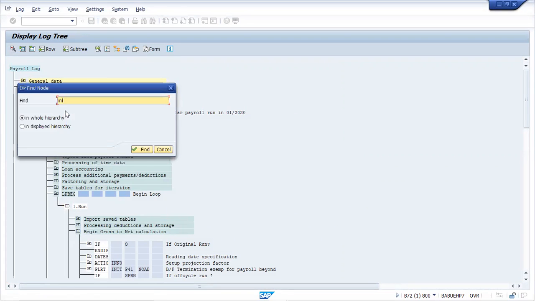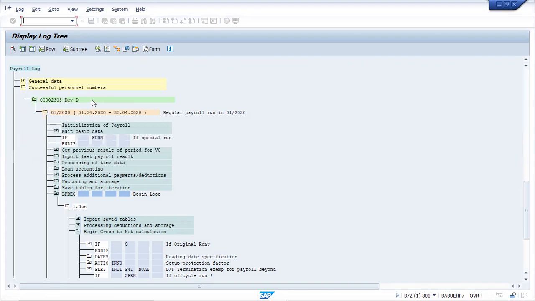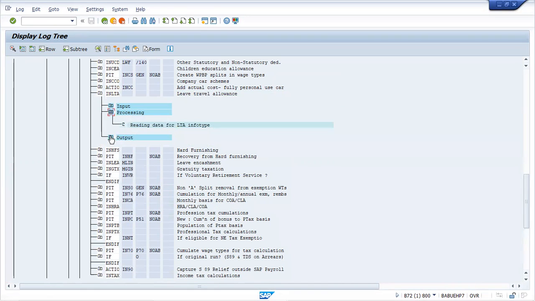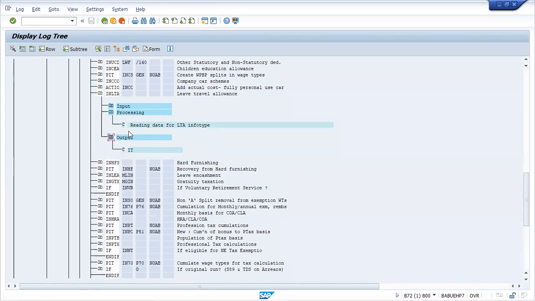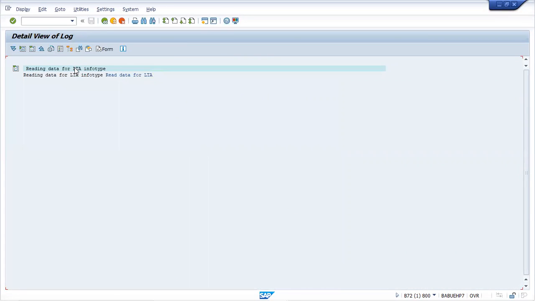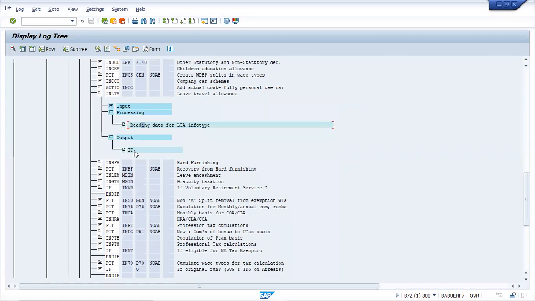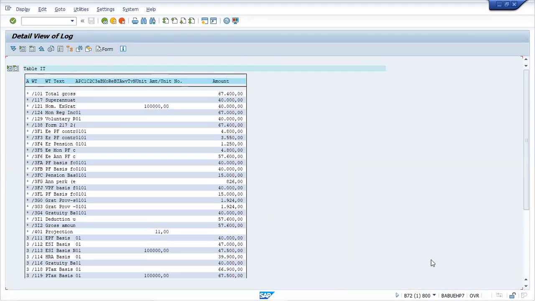And you search for INLTA. Exactly, coming. So processing, sir, or output? Processing, check processing. Output also. Some of the processing you will not find as detailed as HRA. So for that you have to check the IT, that is input table, or input type as well. So search for LTA related secondary wage types. What are the LTA related secondary wage types? Are you able to figure it out here?